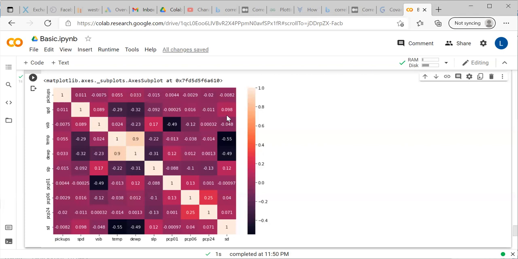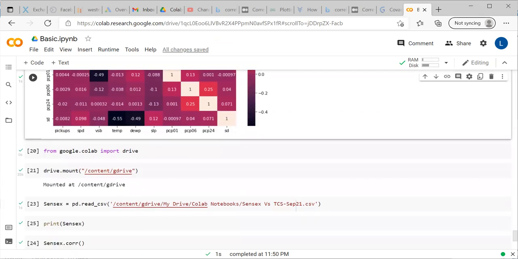When we move further, we will do this correlation test before going ahead with any analysis. Then we will select particular variables for further analysis. Those things we will show you in future videos.